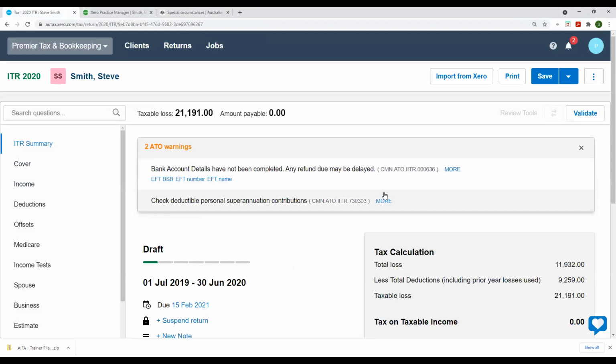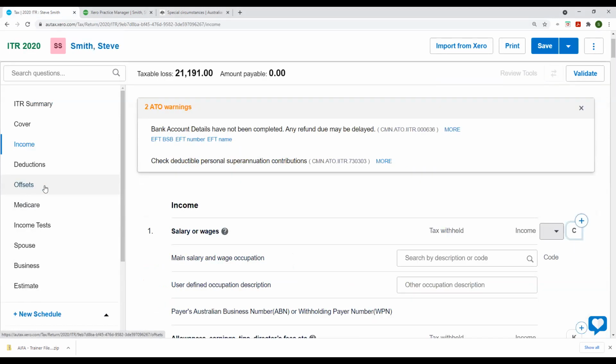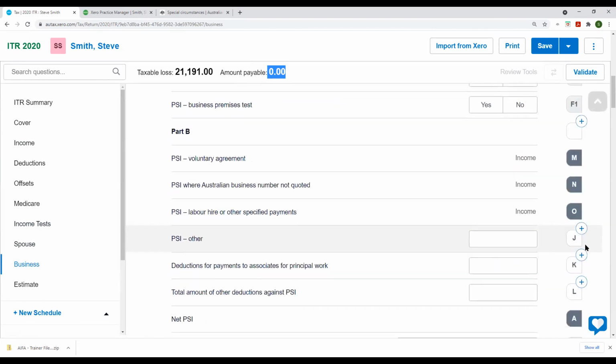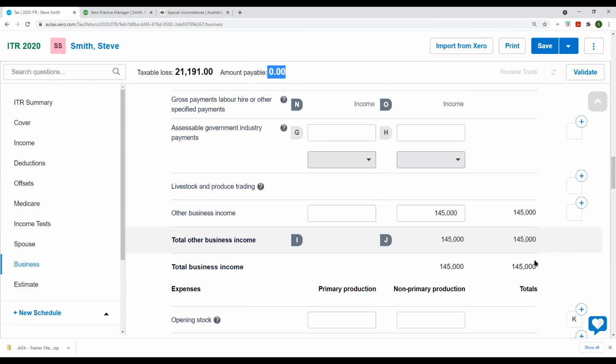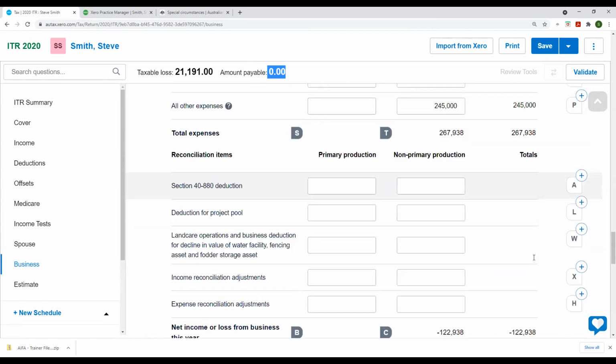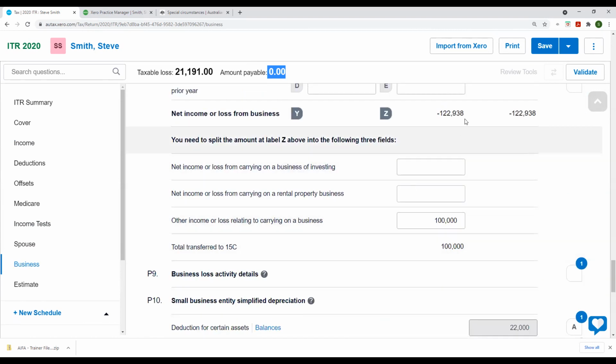So we make a loss, right? So that will come up as a loss. You see, when we have a loss, there's no tax payable because your taxable income is zero. So I will go back to the loss that will come up from sole trader or partnership, right? So we'll go and see how much loss we have here. 122,000, that much of a loss, right? So I will take out the loss,